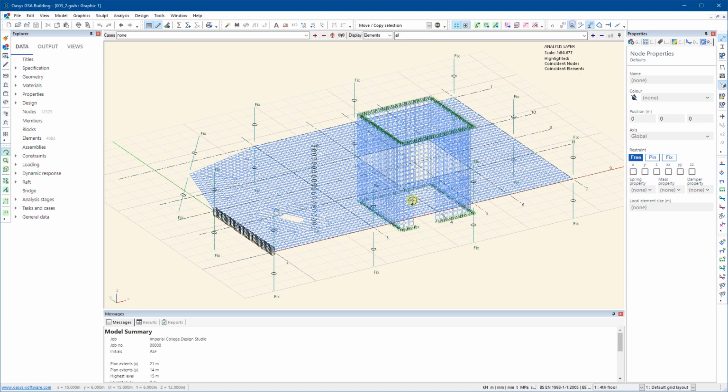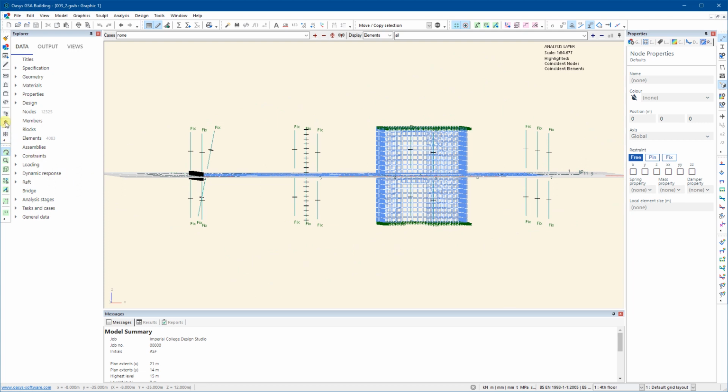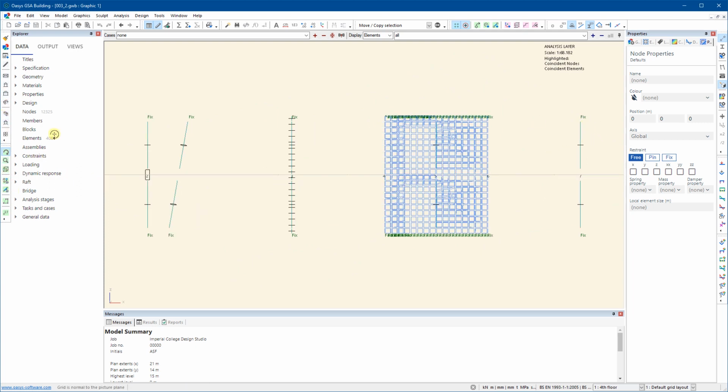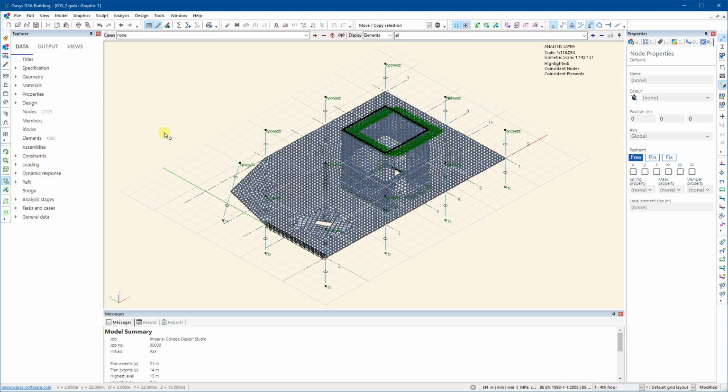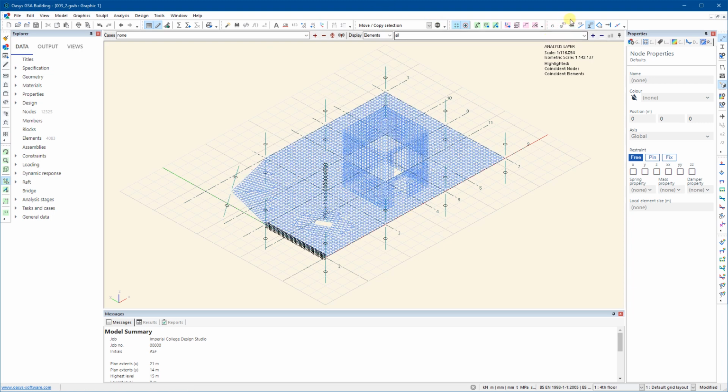If I quickly check the restraints, so again it's all fixed, and again as before I want to take off the Z fixity, the vertical restraint at the top. So again, if I choose the node selection tool, I'll highlight the nodes to make it easier for me to see. I'll select all this and then release Z. So these are the releases that you see there. I've unticked Z, so it's now free at the top, and you can see the letters have changed as well. So that's all fine. I've gone through this quite quickly, basically because it's a repeat of what we covered in the last